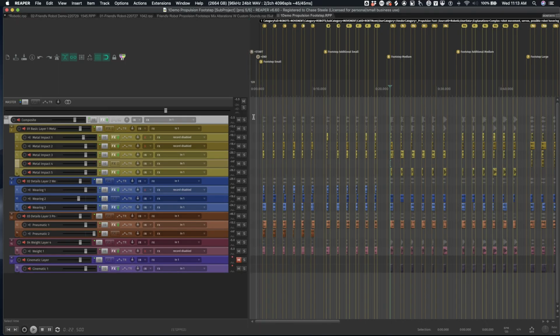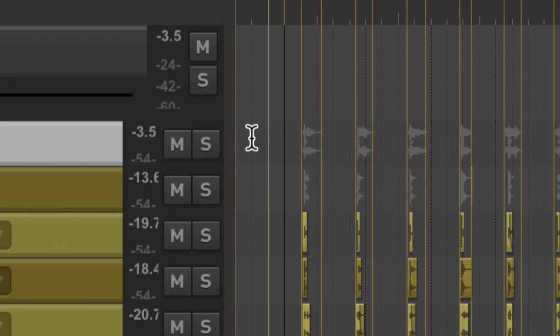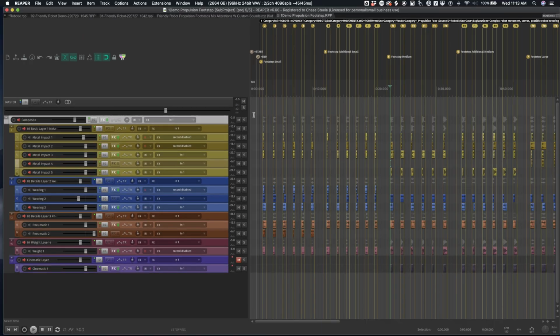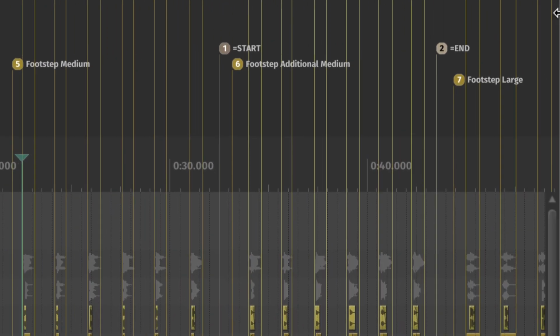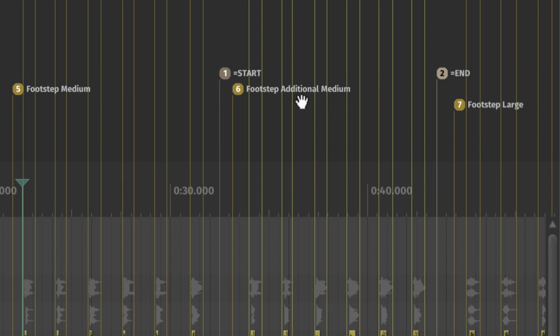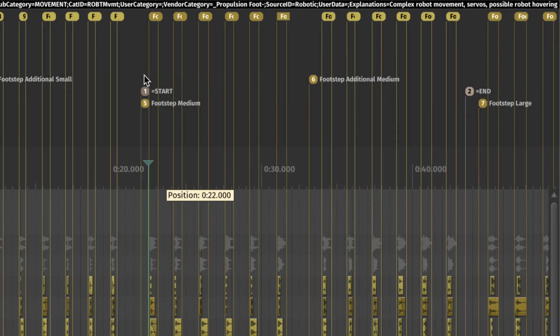So right now, you can see the start and end are just here at the beginning. There's not anything that's going to be rendered. It's just going to be empty audio or blank. But if I drag the end over to, I'll grab the additional footsteps as well, just in case. And then the start, I'll put roughly near the beginning of my footsteps medium, or hang on, actually, I'm going to move that back a little bit.